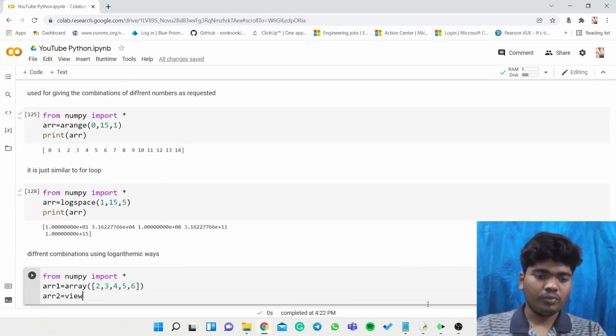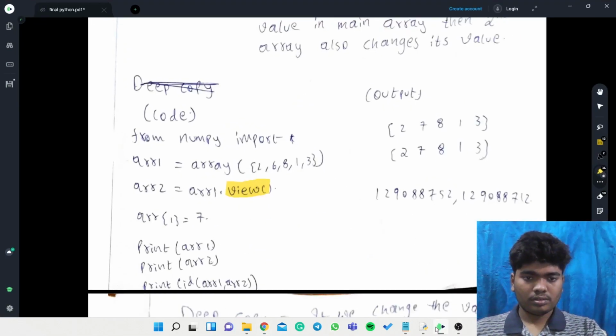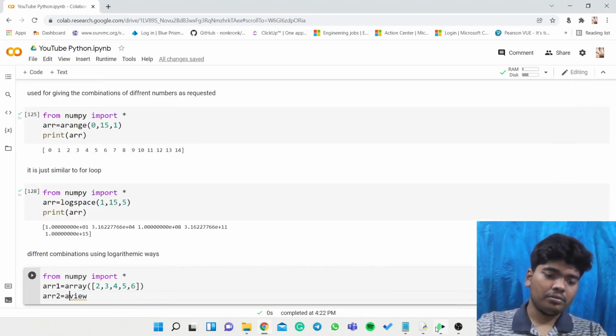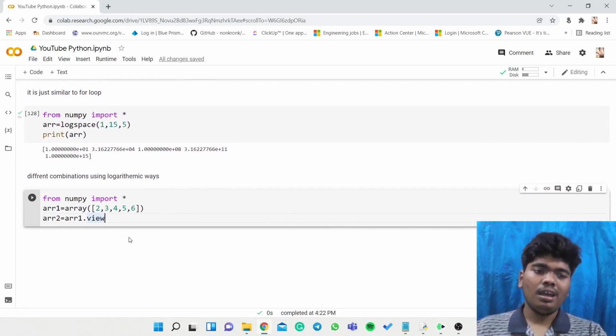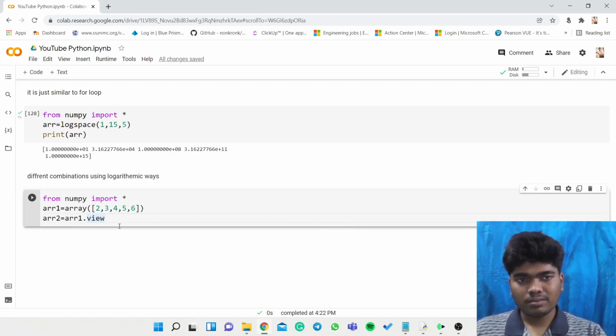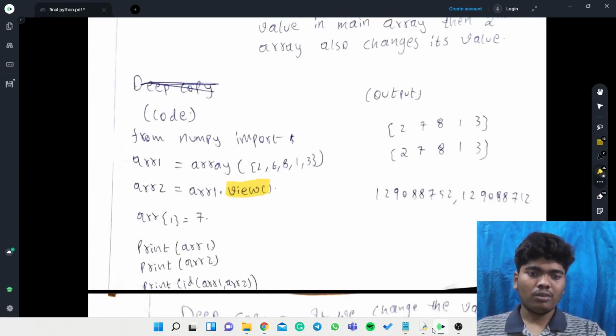ARR2 is equal to ARR1 dot view. Actually, the thing happening here is that array 2 is just viewing the things in array 1. It is not copying things, it is just viewing them. So if the view of array 1 changes, array 2's view will automatically change too. That is the shallow copy.